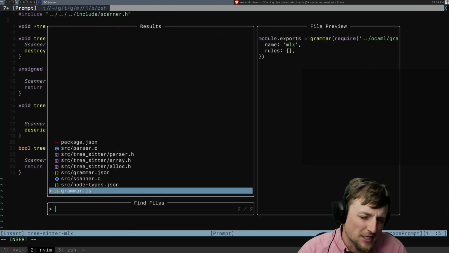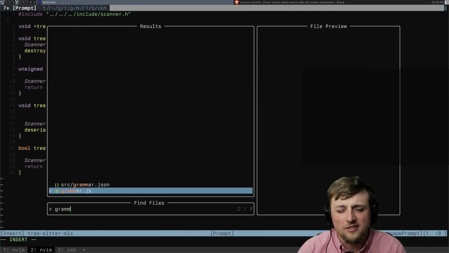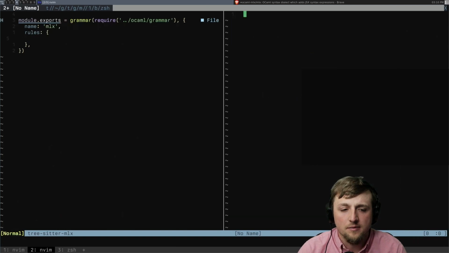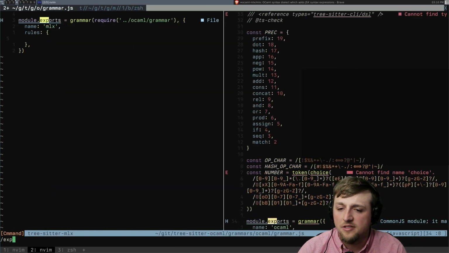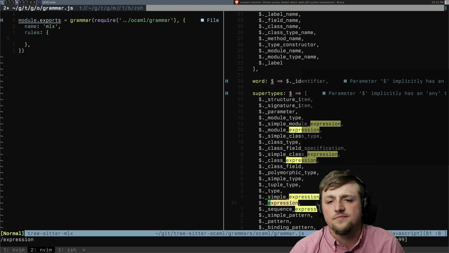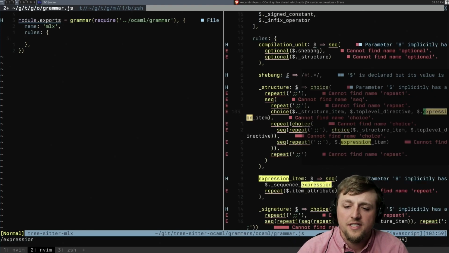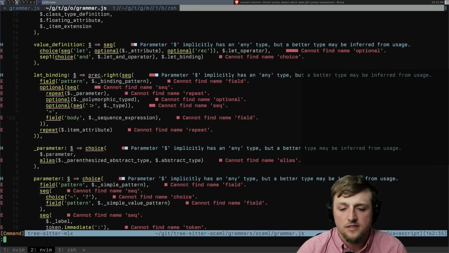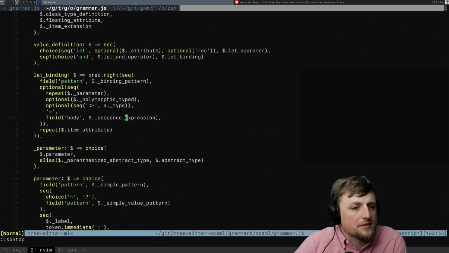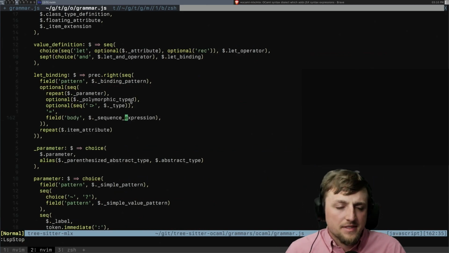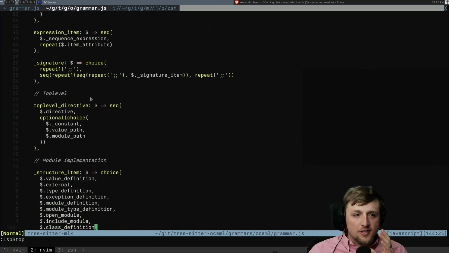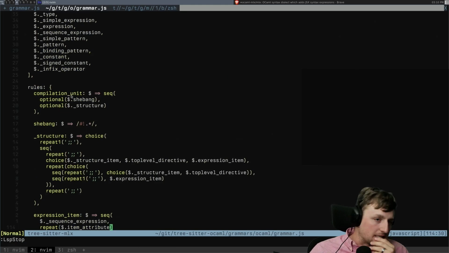Which, that part's a bit of a shame. It does feel kind of bad, I'm not gonna lie, when you have to embed the whole thing inside, but that's okay. So if we go to the OCaml grammar, we look for expression. I think all we need to do is change what expressions look like. LSP, you can just be quiet. Or we add this to what an expression would be. Probably the best option would be